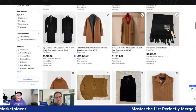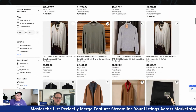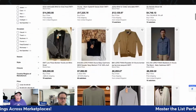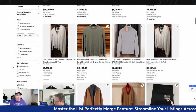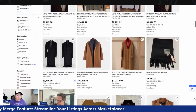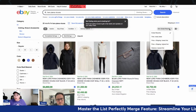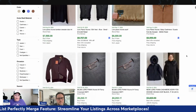So what you want to do is make sure that we are filtering, because eBay gives us all kinds of filters here on the left-hand side, so you can make an educated decision. You can even choose the condition, the buying format, where it was listed. Then you have sold items. This is what I usually do: sold and completed, and then I sort by price highest. I love selling for higher. What's selling the highest, and then make sure